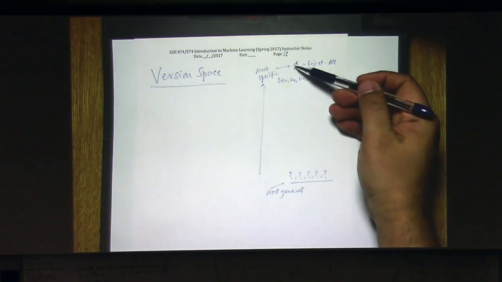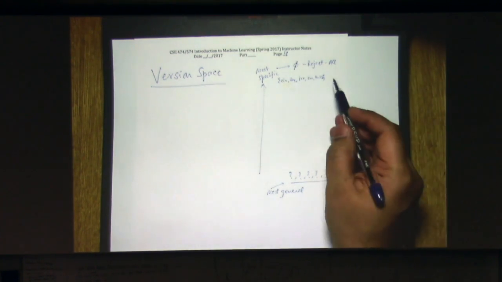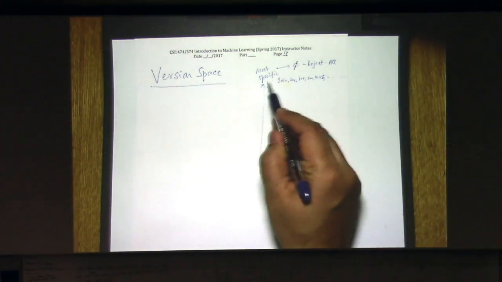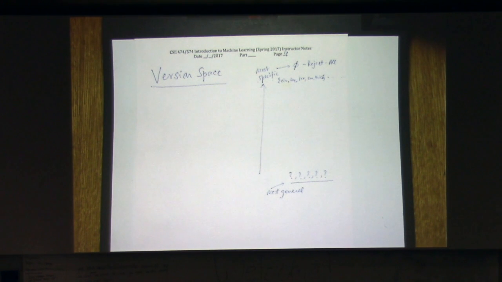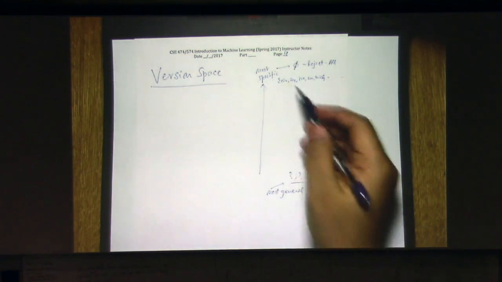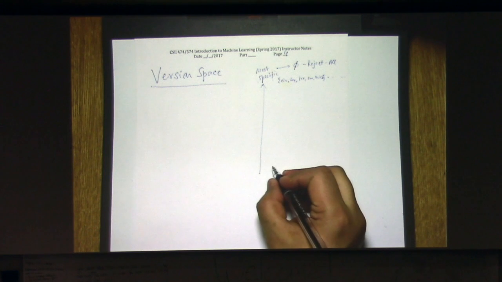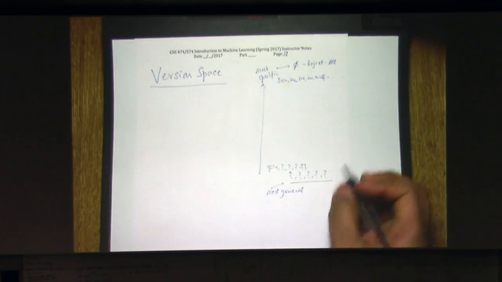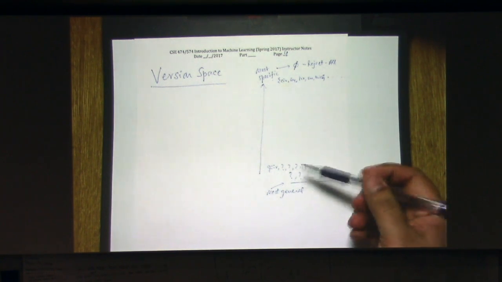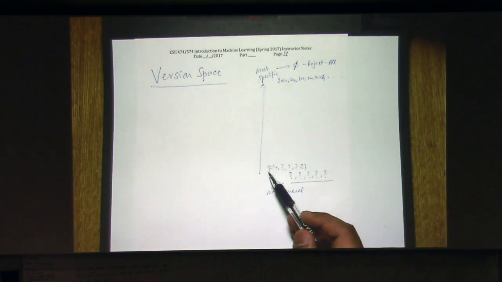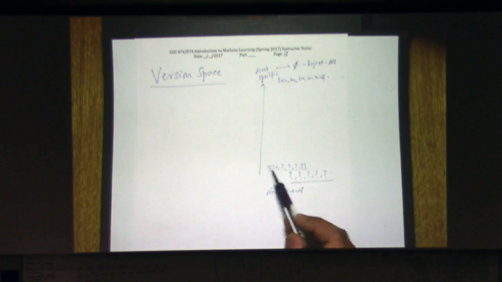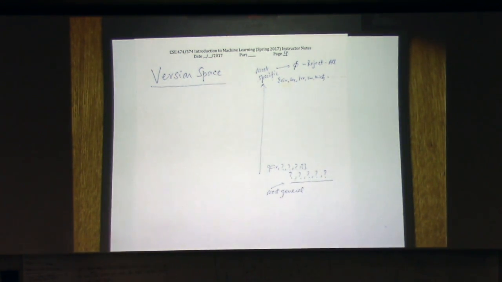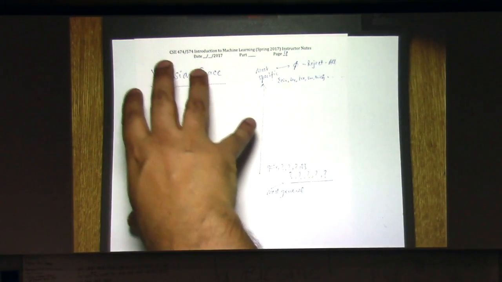So this would be maybe the next most specific hypothesis, and there could be many more at this level because they all label one object as a positive example. On this side, you can have a hypothesis circular, question mark, question mark, question mark, question mark, and this would be slightly more general than this one, right? Because it's going to cover a whole lot more objects as positive examples. So the idea is that you can do the same thing in version space as well,